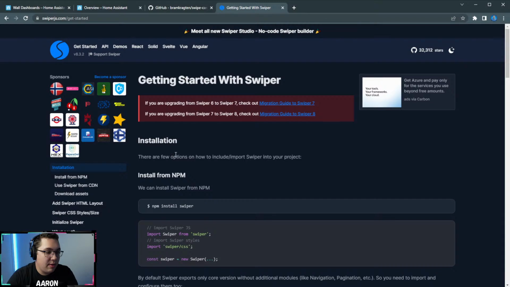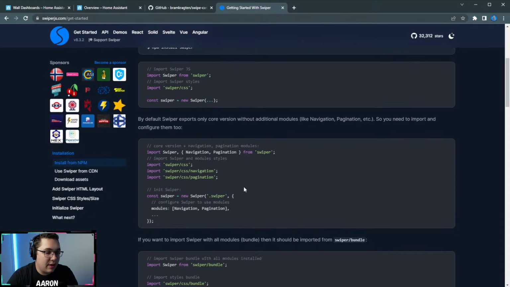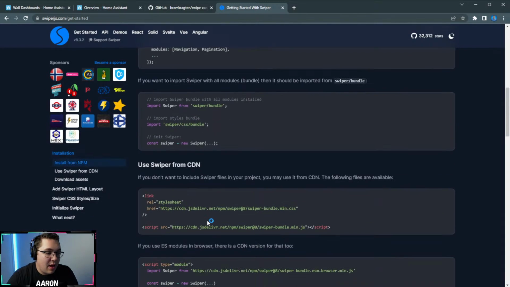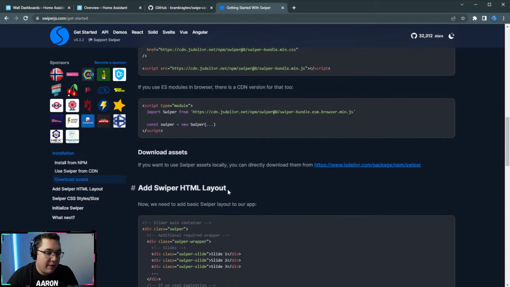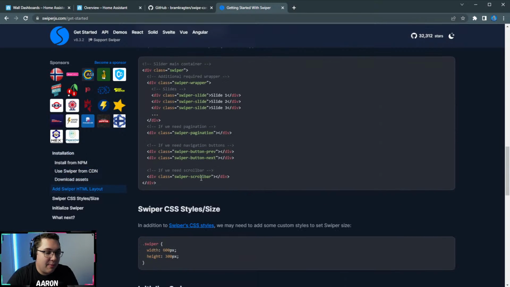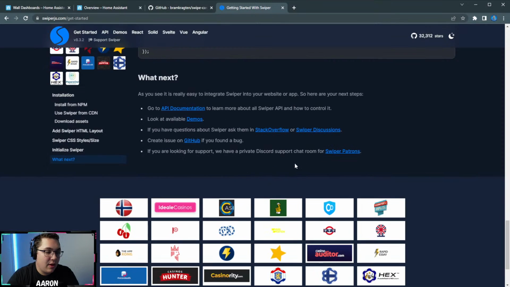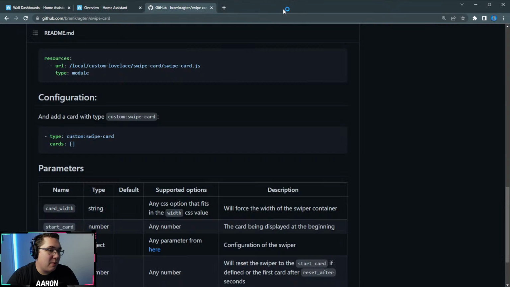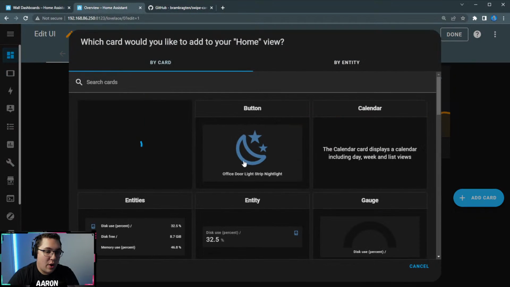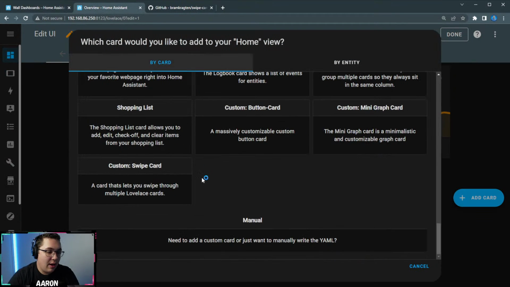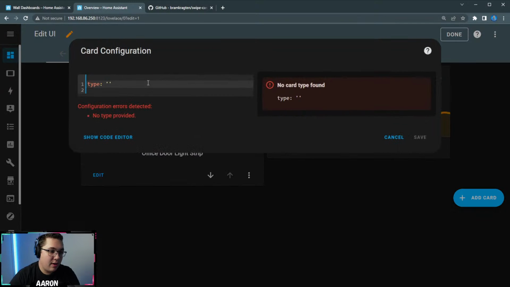Get started, maybe. I think I went to get started. I have to look around, but I'll find the link and give it to you guys. I was able to choose the different ways in which it animates, and that's pretty much all Swipe Card is. You could just copy and paste this if you wanted, or just type it in. So you go here, we're adding a new card, just doing a manual card, right? So just do custom